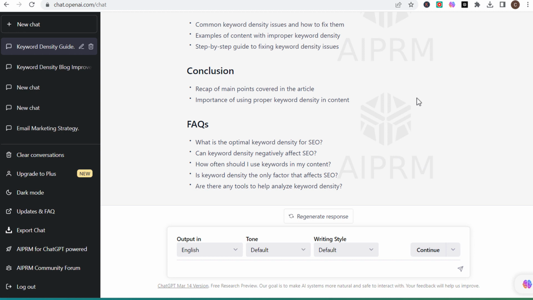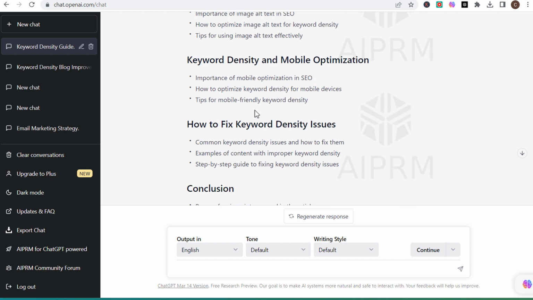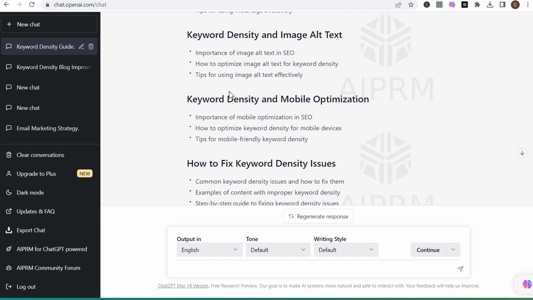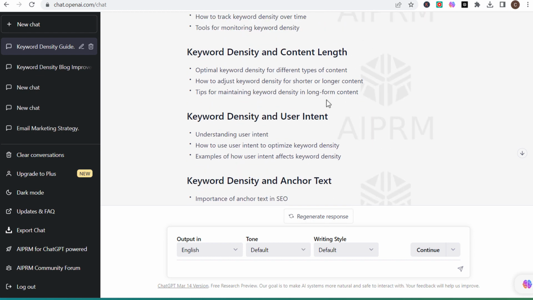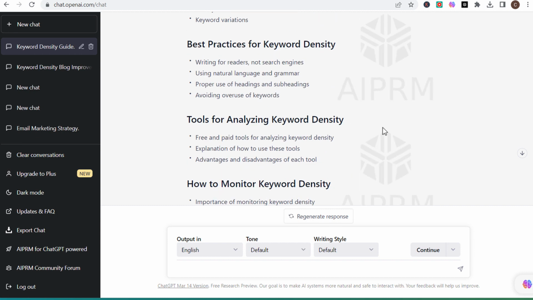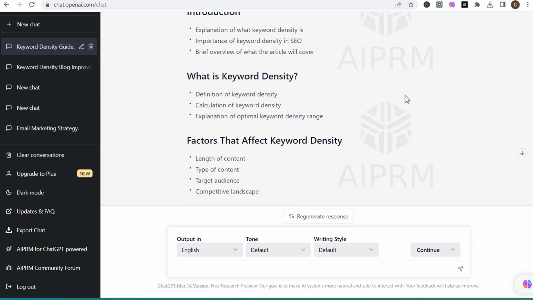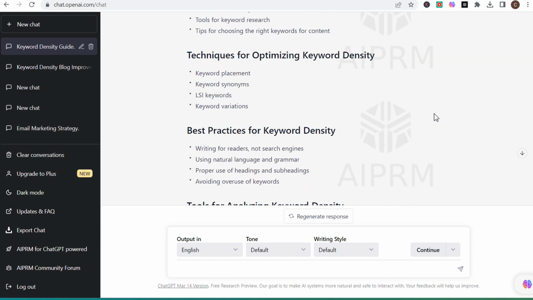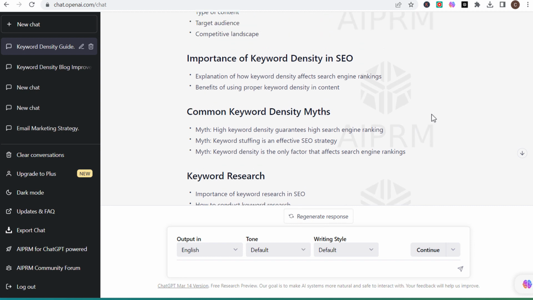is the best way to make sure that you are covering a topic comprehensively. Starting from the bottom of this outline, we have frequently asked questions, we have a conclusion, how to fix keyword density issues, keyword density mobile optimization, image alt text, meta tags, anchor text, user intent, content length, how to monitor keyword density, tools, best practices, techniques. So that gives us all of these different sections of our blog post. I haven't covered a ton of this stuff in my blog post yet, so I can clearly use this outline